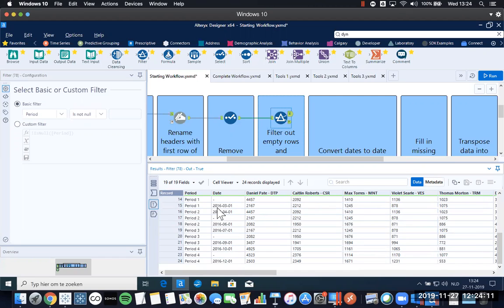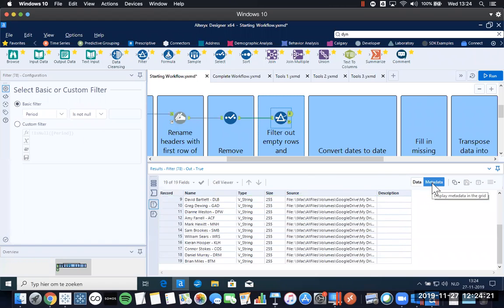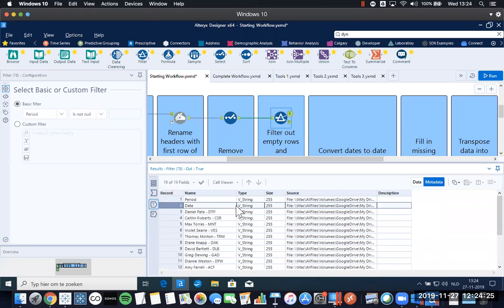However, they are not yet in the real Alteryx date format. If we click on the metadata button here at the top right of our results window, we can see that if we look at our date column here, the data type of this column is still a string and not a date type. So we'll have to convert